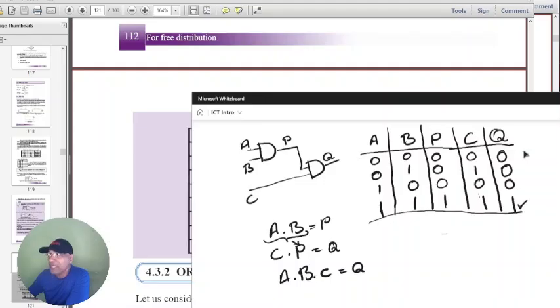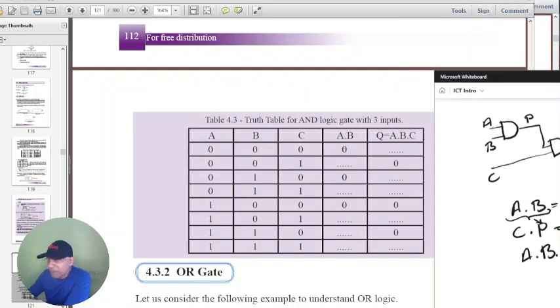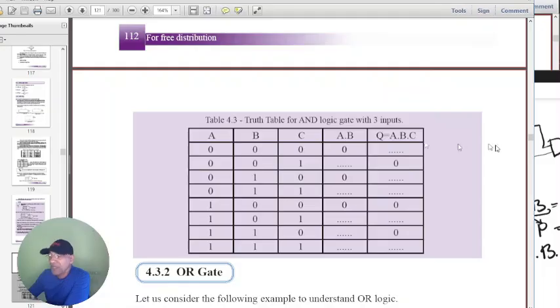So the combination here is for P, okay? It's not for AB, it's only for P. But if I consider A, B, and C, then yes, I have to put in the entire 8 rows of combinations. Okay, so let's look at